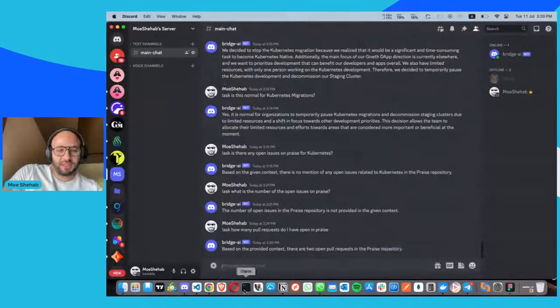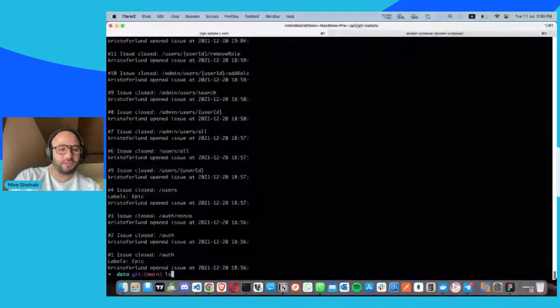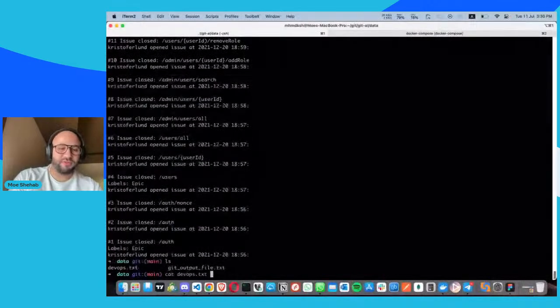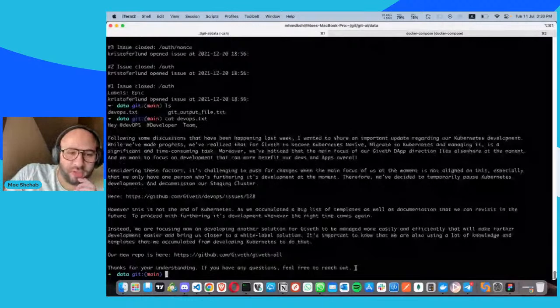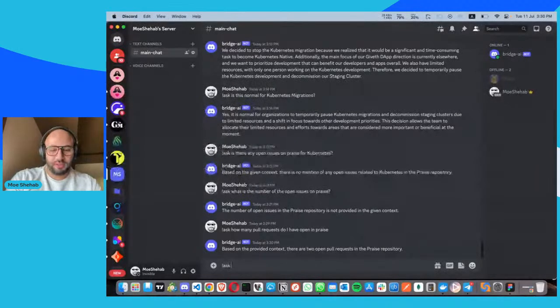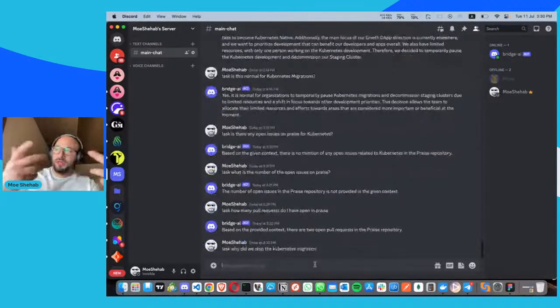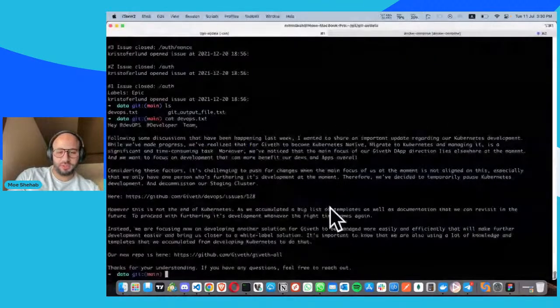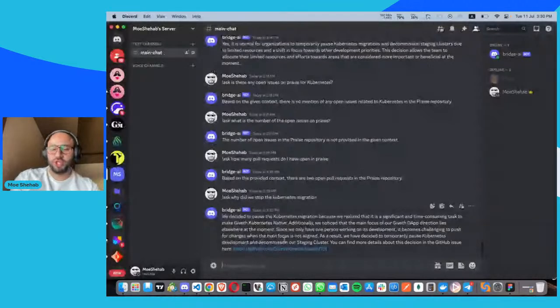In addition to that, we can feed the bot our own data. So, for example, I pulled some data from the DevOps channel, which describes why we stopped the Kubernetes migration. And I can ask the bot, why did we stop? And it will answer based on the text files that I provide to it, as well as some general knowledge that it has from the LLM model. So if I ask it again,